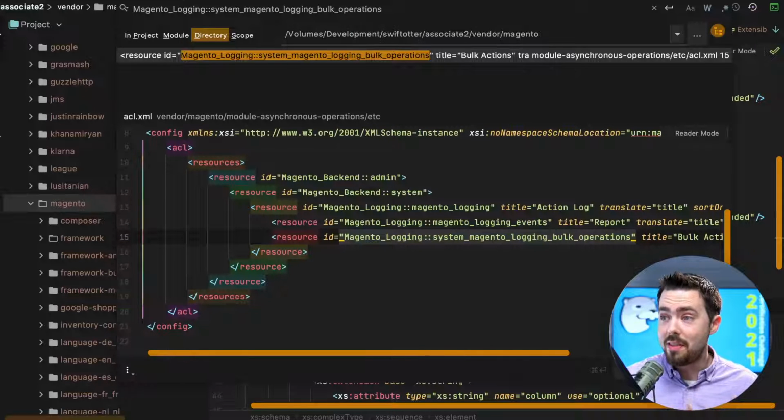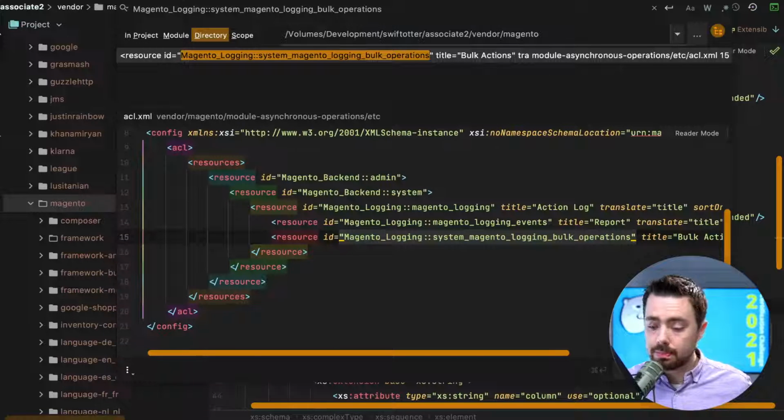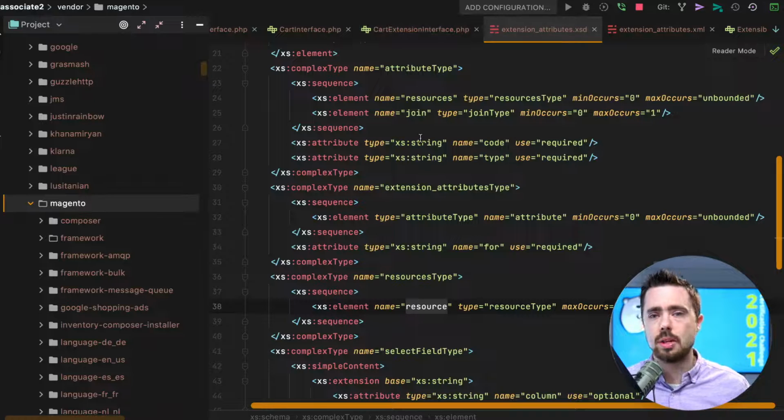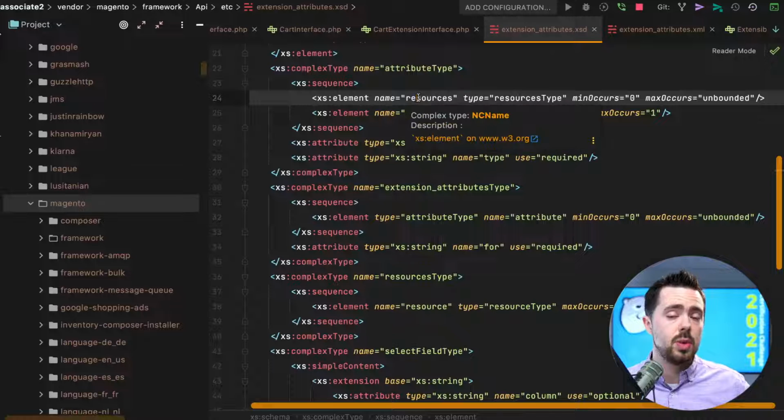So this is how we can limit extension attributes from being available in all contexts. In other words, this will now only be available through the API if the integration or the API user, admin user, has access to this specific resource. Right there is how we do that. So again, that's where there's tremendous power in going back to the source. The other thing is we notice resources, so we can use ACL resources in conjunction with an extension attribute, but